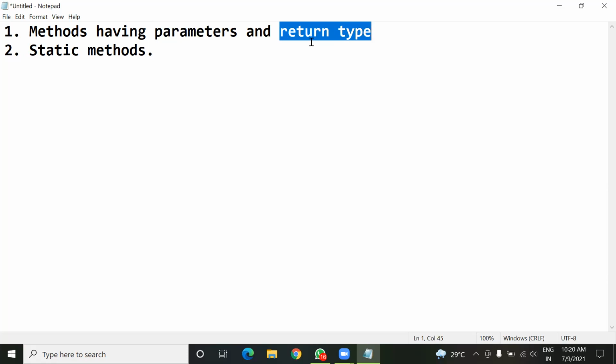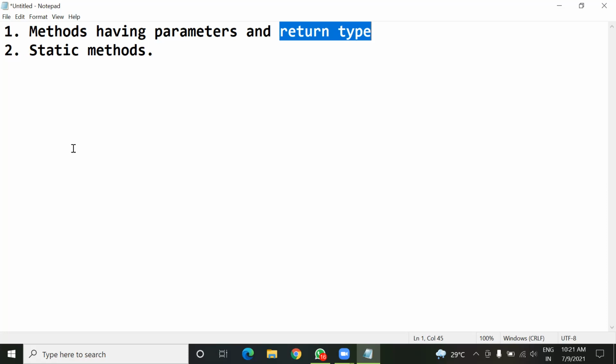That data type is actually the return type of the method. Sometimes a method can also not return any value. In that case, we put the word void there. Otherwise, we can put any data type that we know, like int, float, char, boolean, anyone. We'll cover data types in more detail in our next chapter.